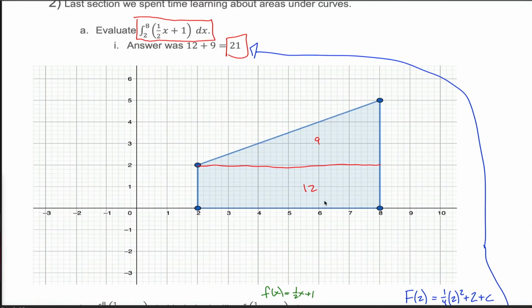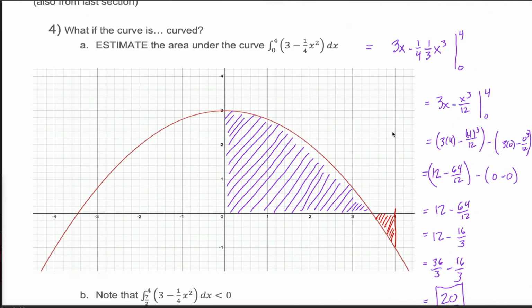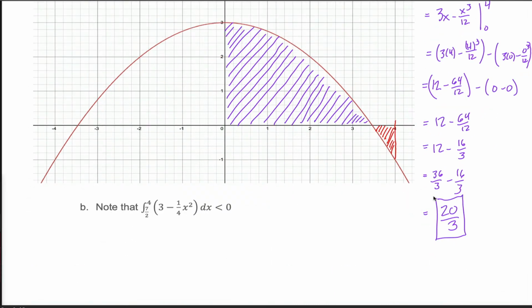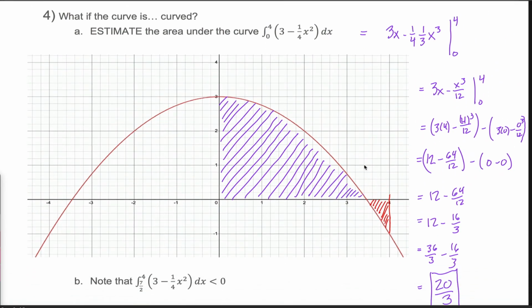We've shown that it worked in these two different cases, right? We got 21 down here and we got 20 over 3 down here. It seems like it's working. Let's just trust that it works. Before I end this video, I want to make 2 more quick comments. The first one,